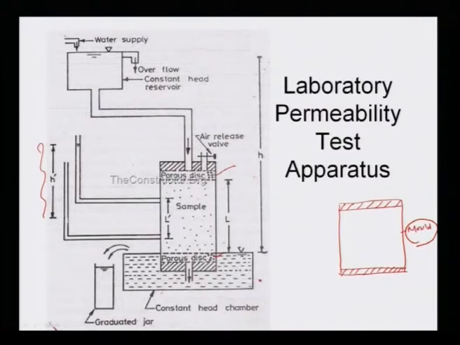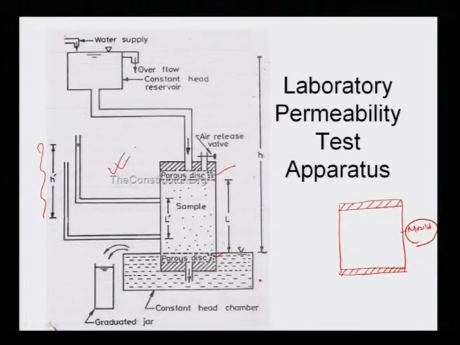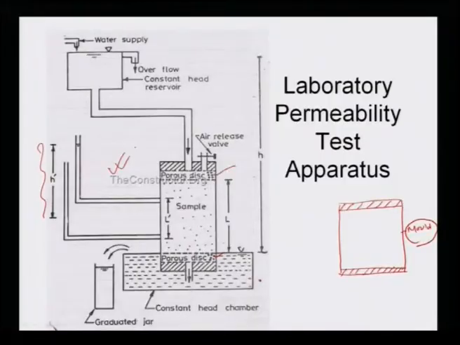Basically, in the constant head permeability method, what will happen is that water is first allowed from the tank, which should be placed over the soil, so that the head is maintained. So water will pass inside. How will water pass? Water will flow from higher head to lower head. So the head loss, or the differential head, you will observe by means of a piezometer.